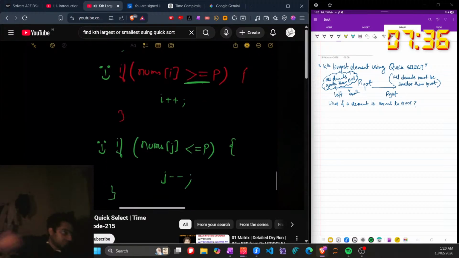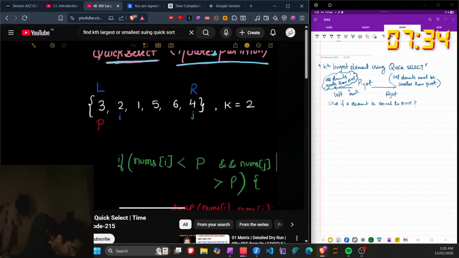और ये भी देख लेते हैं क्या nums j less than or equal to p है। nums j क्या है भाई, 4 है, क्या 4 less than or equal to 3 है? बिल्कुल नहीं, तो j तो वहीं पर रहेगा अभी, ठीक है। ओके, अब i यहाँ पर आ गया और j यहाँ पर आ गया। अब देखते हैं nums of i क्या है, 2 है, less than p क्या है, 3 है, और nums of j क्या है, 4 है, greater than p क्या है, 3 है। देखो ये पास हो गया ना, ये केस इफ कंडीशन पास हो गया।